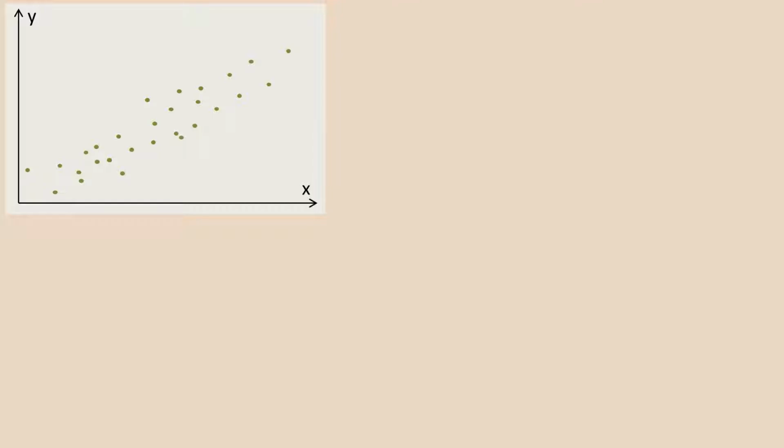The green dots shown in this picture depict your experimental data. These are data which you have so far, and each dot represents a pair of x and y, so it tells you that at some point you had this input value x and it produced that output value y. And by knowing this, you want to make predictions for your future x values, for another x value which you do not have experimental data for, but for which you want to find out what the possible value y would be.